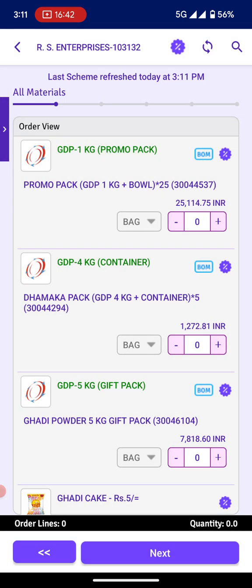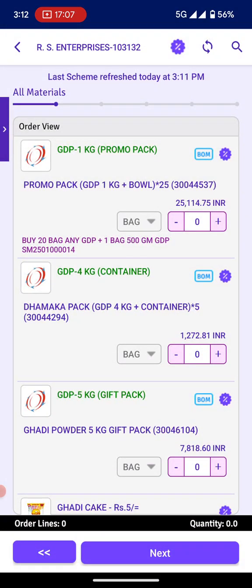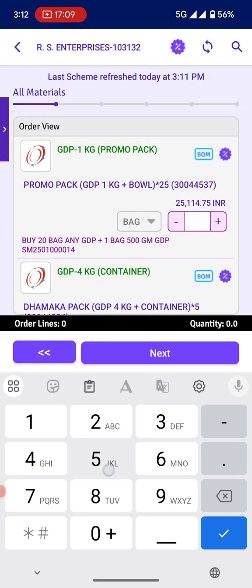Now here you can see on the top there is a GDP 1 kg promo pack. This is a BOM material which is showing in a blue rectangle box, and here you can also see the percentage icon, which is a scheme icon. Click on that option, click the scheme and enter the quantity.